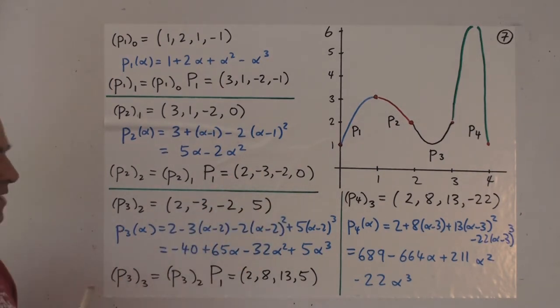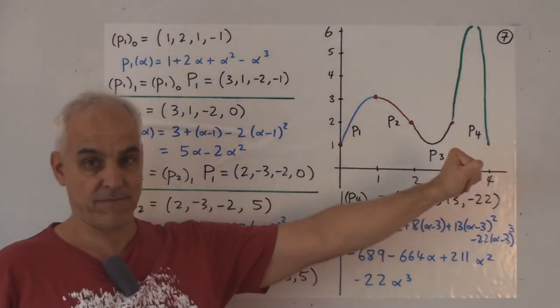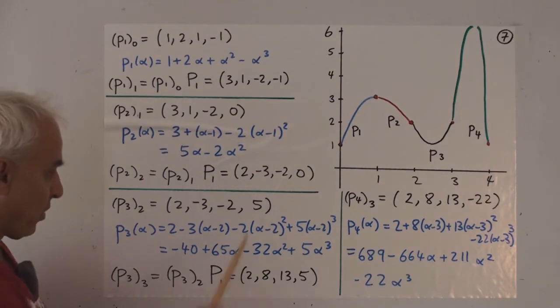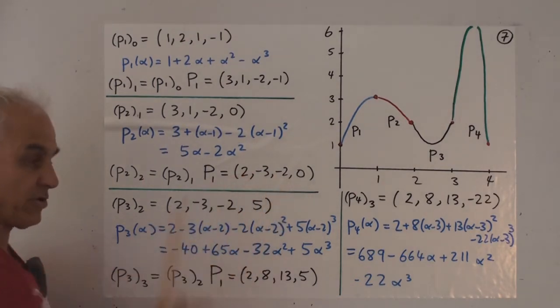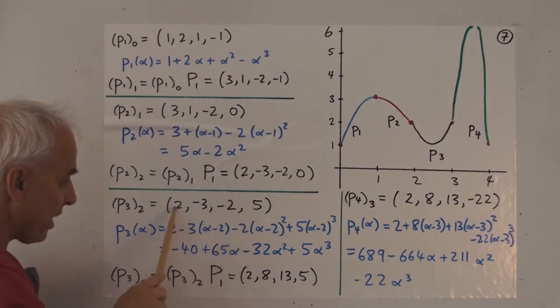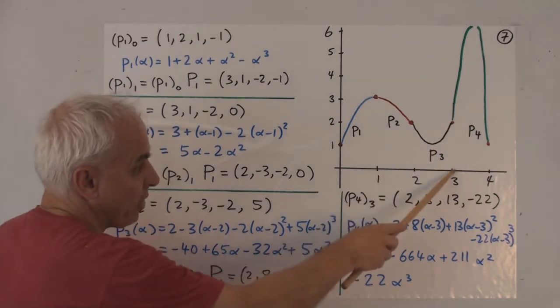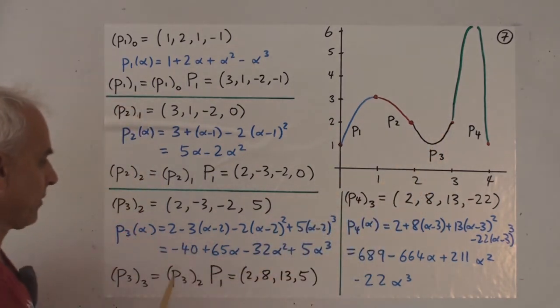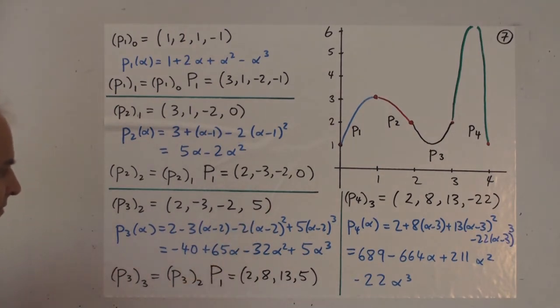All right, now the pattern is kind of clear. We're just going to keep on doing this for as many points as we have. So at the next stage, we're going to take this vector here. We're going to copy it again. At least we're going to copy the first 3 entries. And the last entry is going to be determined by the condition that the sum has to equal the value at the next endpoint, which is 2. And indeed, the sum of these things is equal to 2. That's why we chose 5.